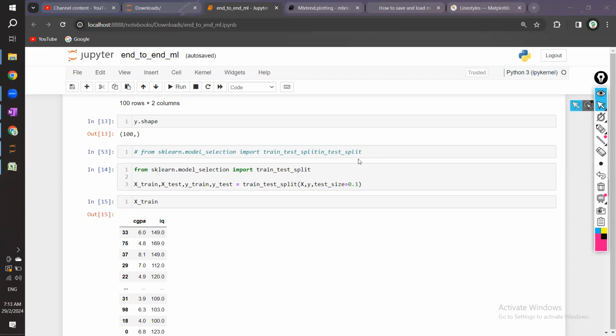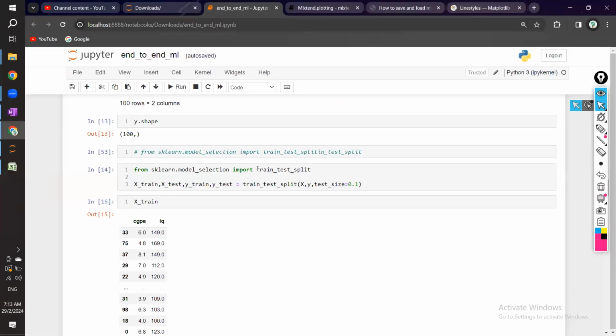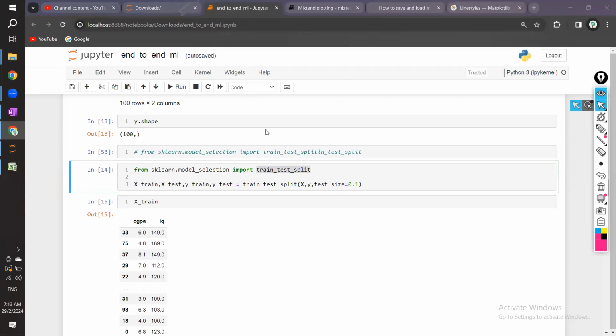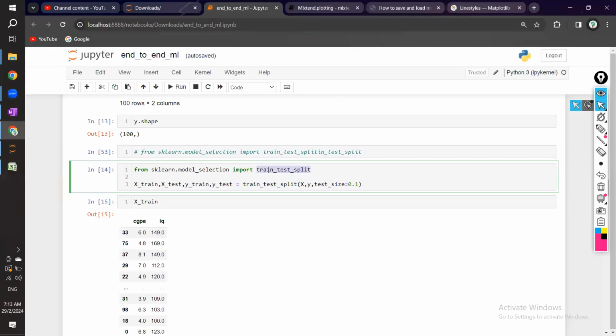Let's start. So in the last class, we have seen the theoretical meaning of train test split. And we understood many things regarding that. Okay, fine. So mainly when you use sklearn model selection and import train test split, and to this train test split,